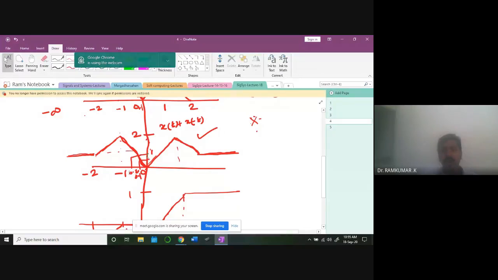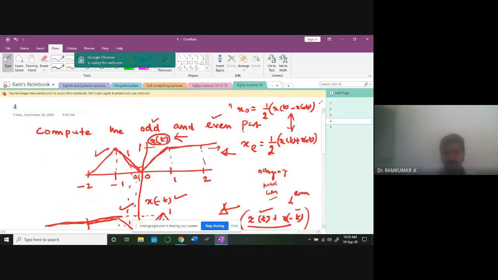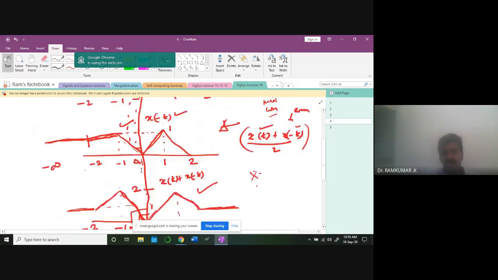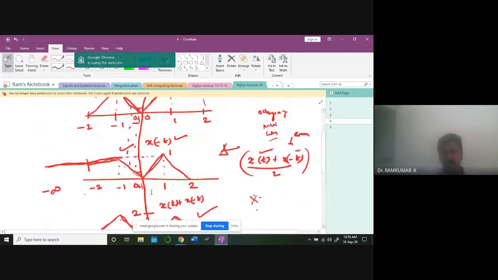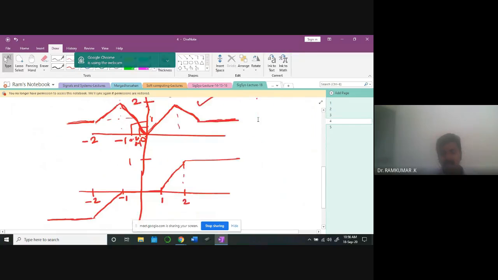You understand? Every point I am adding. But here, what do I get? For 0.1 on the time axis, I will get amplitude also 0.1. That's why the slope is 1 here. Is it clear? When I add point by point, I am going to get the slope of 2. In the same manner, I am going to get